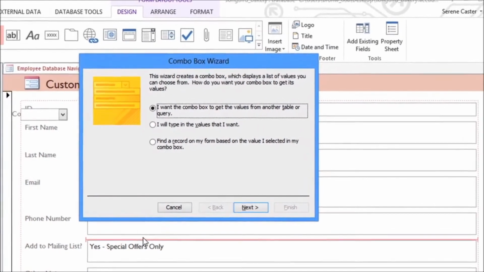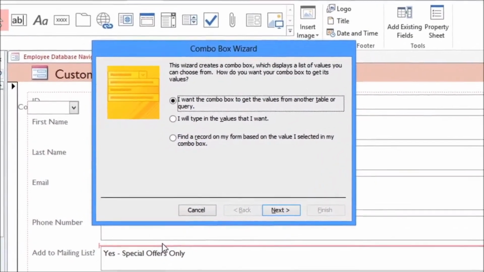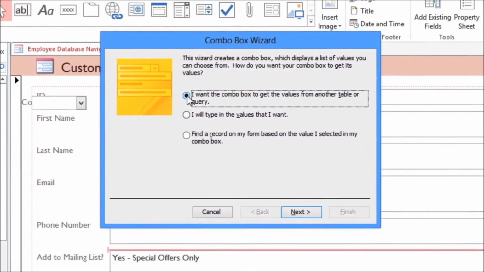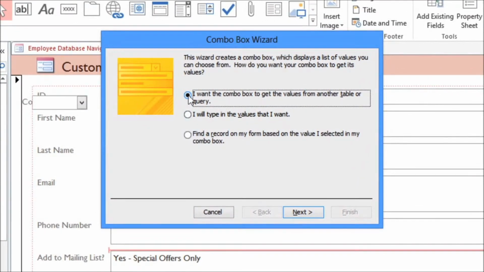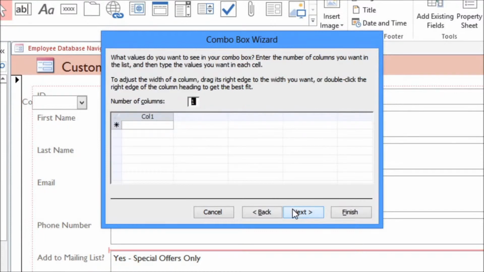The Combo Box wizard will open up, and if you have a long list of values, then you can click the first option to pull the values from a table or a query. But I'm going to select the second option so that I can type the exact values that I want. Here you can type in each value, and in most cases you'll just use the first column. I'm typing 3 different values, and I'm pressing the Tab key after each one to go to the next row. And if you need to, you can adjust the width of the column,